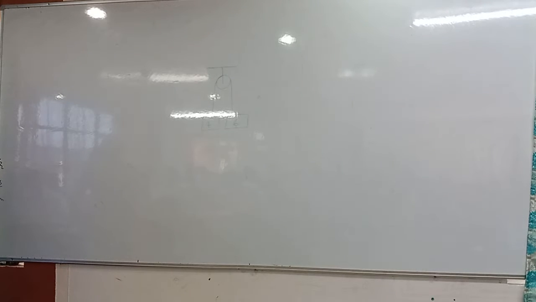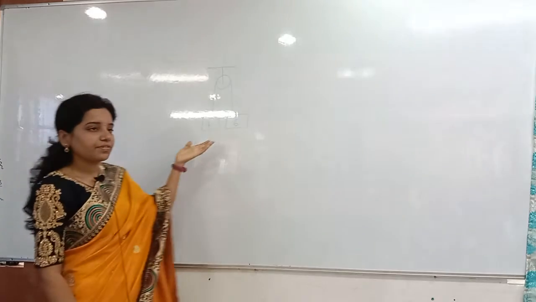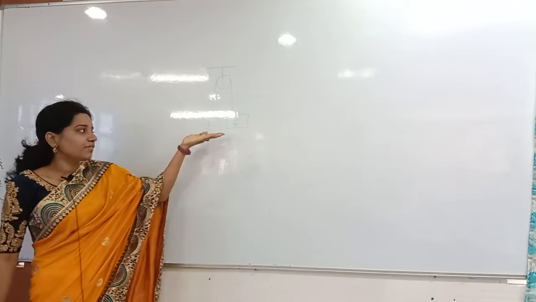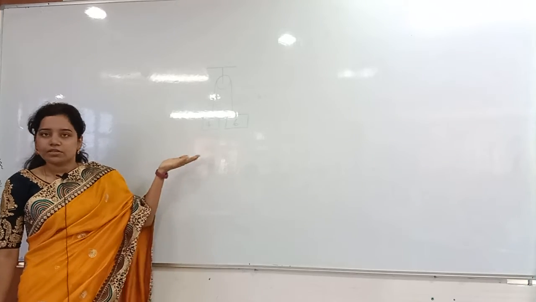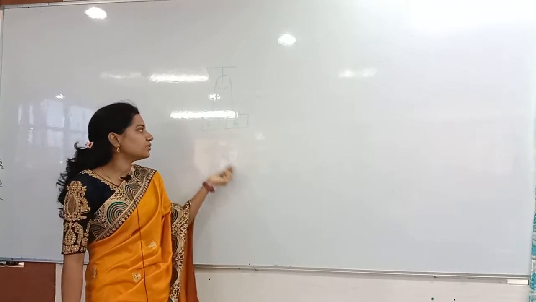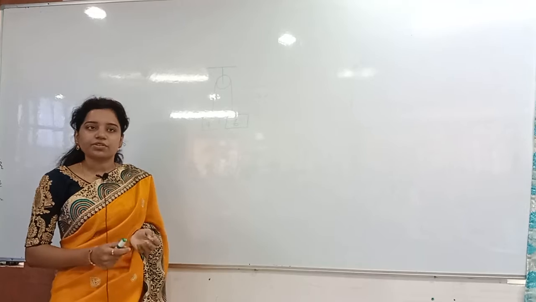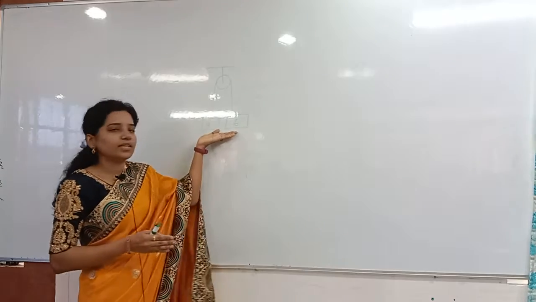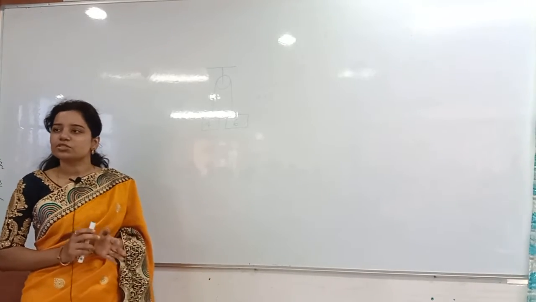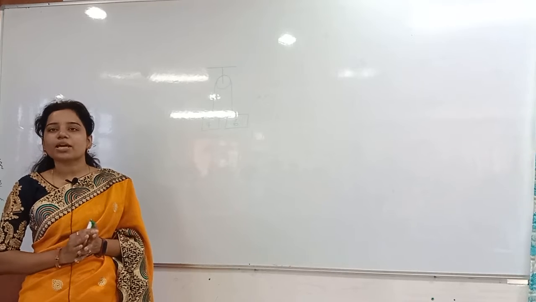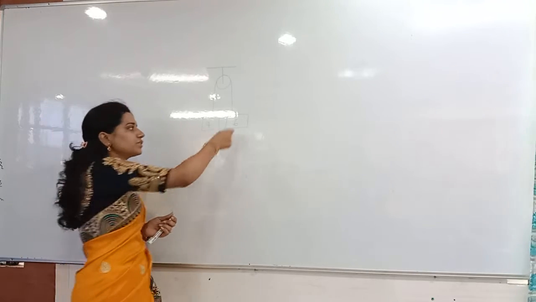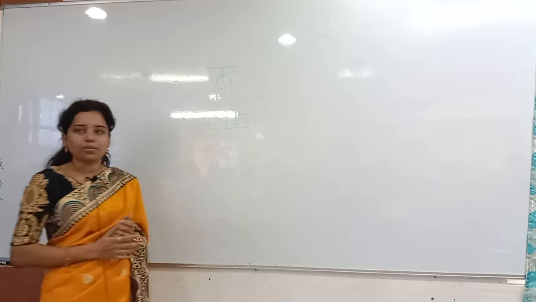For that, look at this problem I will do. Whenever they are at the same level, they are left. You should not take that 6 is down and 4 is up like that. First of all, whenever they are at the same level, they are left, nothing but u is equal to 0. At that time, automatically 6 will come down and 4 will go up.